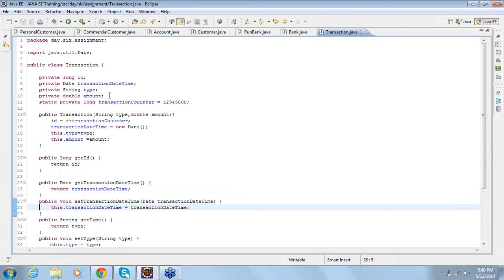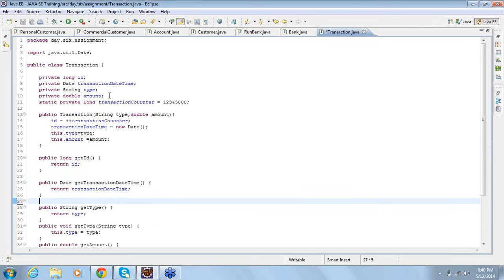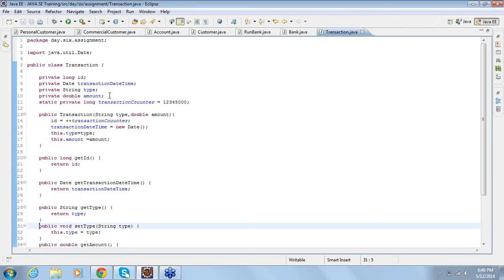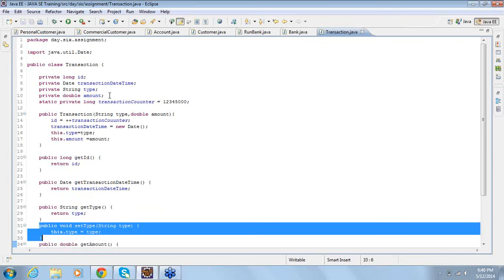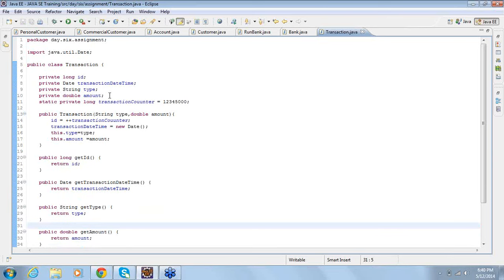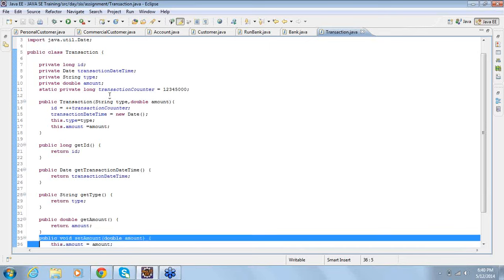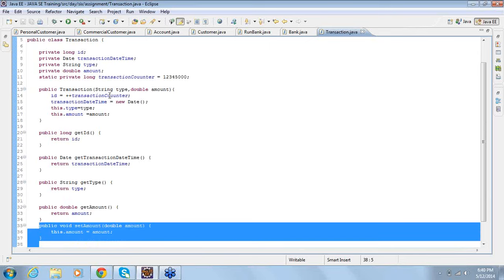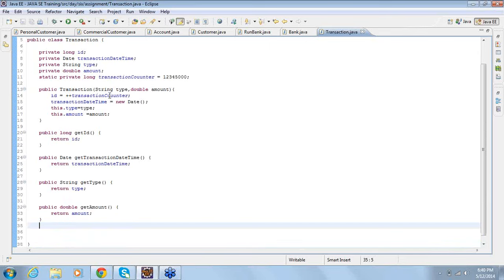Date is also generated. You don't need a set method. Transaction type, you are initializing it using a constructor. You don't need a set method. Transaction amount, you are setting it using a constructor, so you don't need a set method.